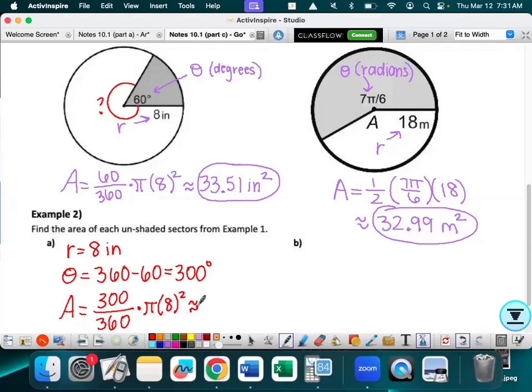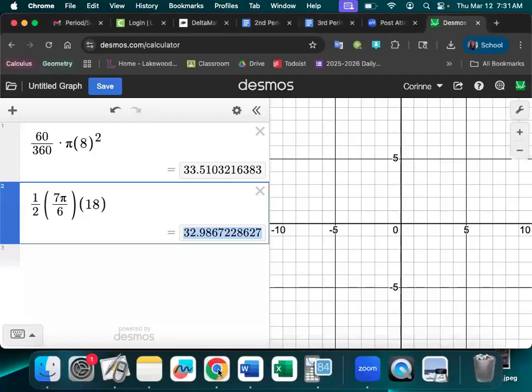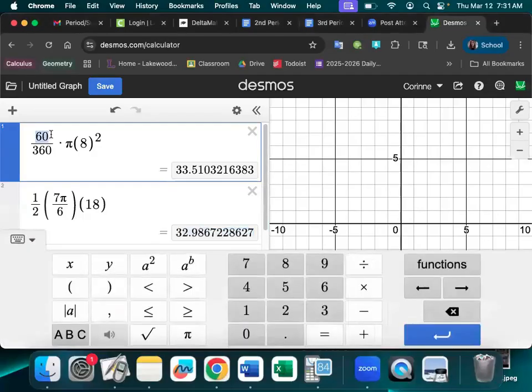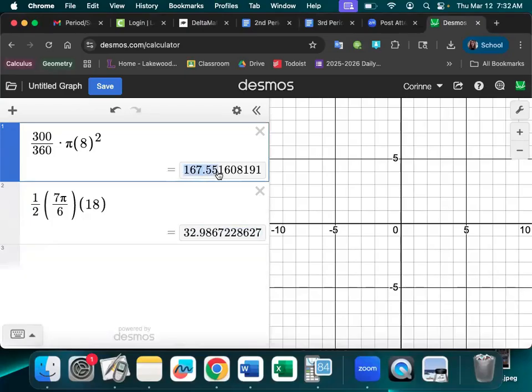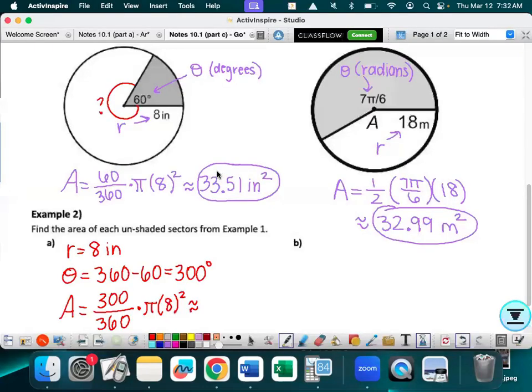Let's see what value we get. Don't forget your units. $167.55 inches squared. For part B,